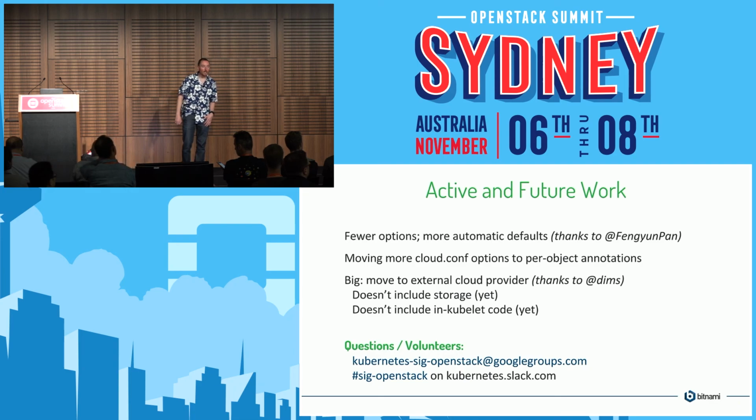And the really big change underway at the moment is moving all of this code out of Kubernetes. There's too many cloud providers now, and there's more coming along all the time. So they said, wait, we're going to move all this out into external repositories and have a common core that can talk to any of you. So this is called the external cloud provider. It's a big project. It's a big refactor of code. DIMS has been doing a lot of this work from the OpenStack side. It's not ready yet, and it's a big project. It's made some good progress. They haven't dealt with the in-kubelet case, and I'm not even sure they have a good answer for that right now. That's one of the more complicated bits.